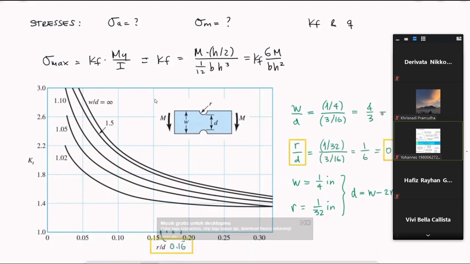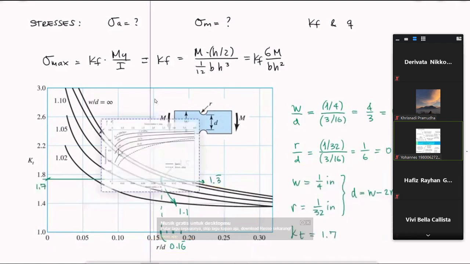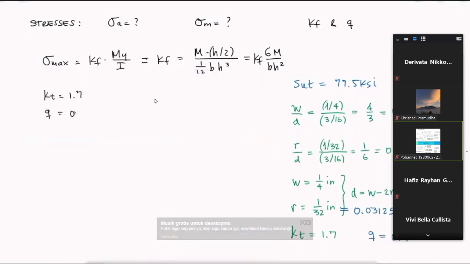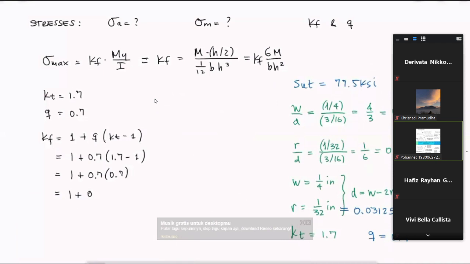Looking at the value for the static stress concentration factor Kt, I would find a value of 1.7. And if I look for the notch sensitivity value for a material with an ultimate strength of 77.5 KSI and a notch radius of 1/32 of an inch, I would find a notch sensitivity of roughly 0.7. Using these values and the expression we obtained during the last video, we find a fatigue strength concentration factor Kf